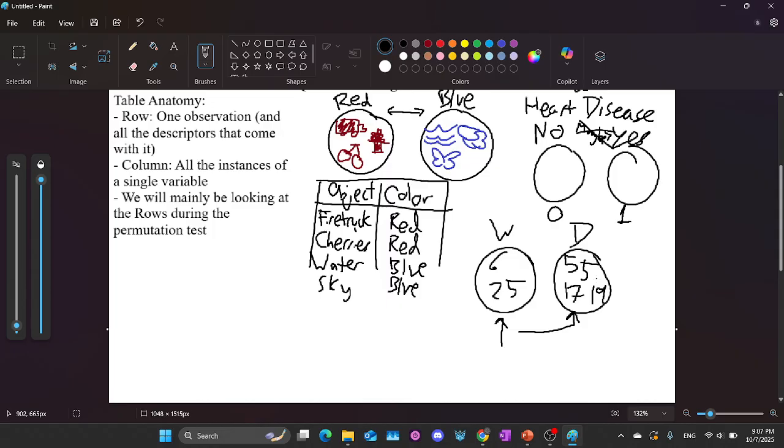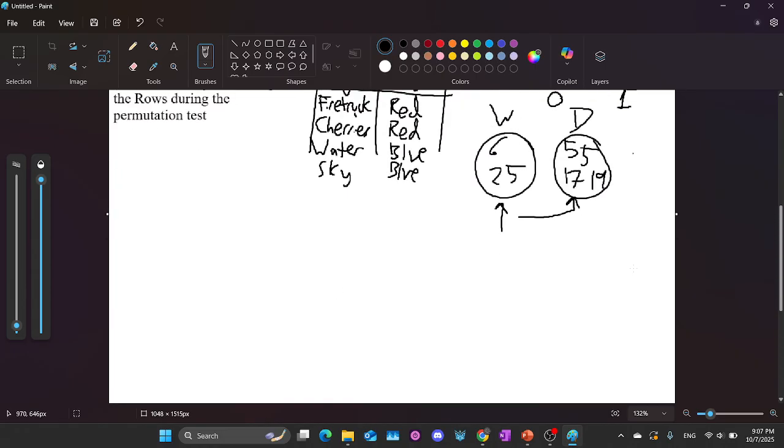Does that make sense? So if I were to change the side of the room I was on, would the set of numbers I saw also change significantly? And that significantly is important because